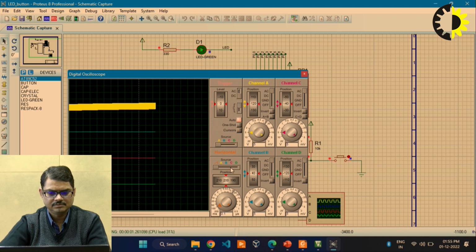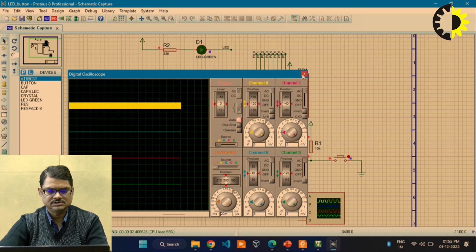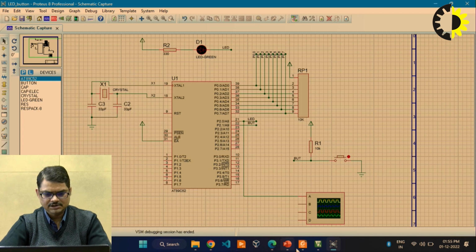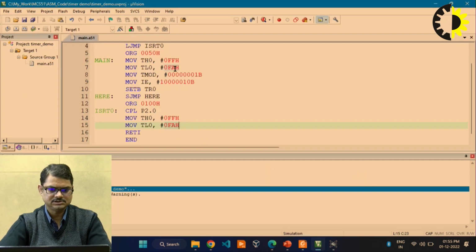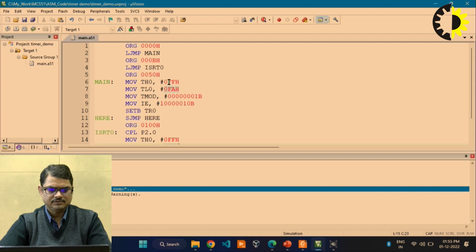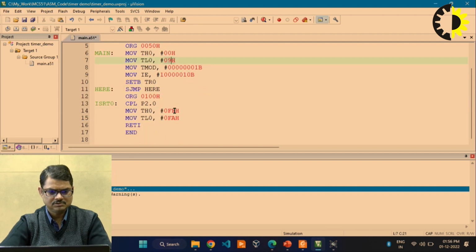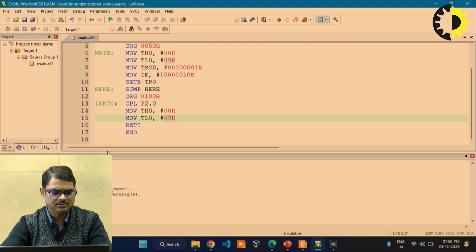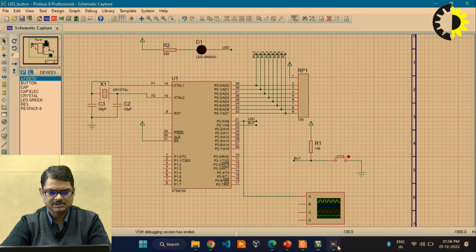Here is the square waveform, and I have told you that the values are very little, so you may not be able to see the difference. Let me quickly change the values, so that you may be able to see the results. Here instead of FFFA, I am writing 00 and 09. Again here also 00 and 09. Save this code and rebuild that code, because our hex file will be updated in this sense, and again